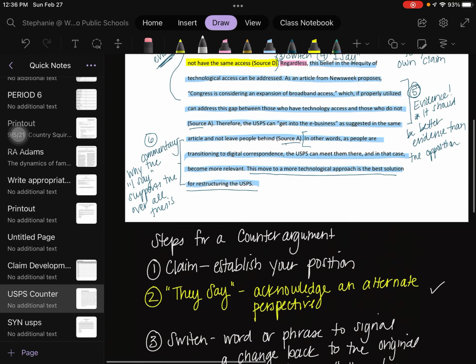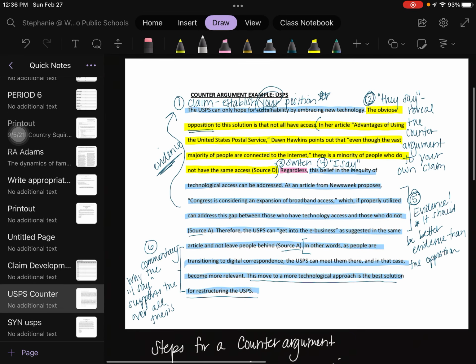So here is that rough overview of how you create a counterargument. And again, as you notice, a counterargument is really just a tool to make your argument. So while we're going to acknowledge a little bit of what other people say, such as right here, we're definitely going to spend most of our time developing our own stance.